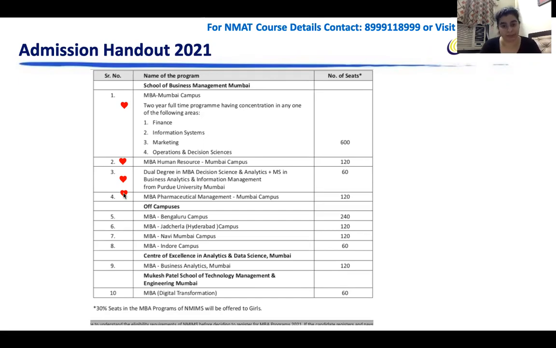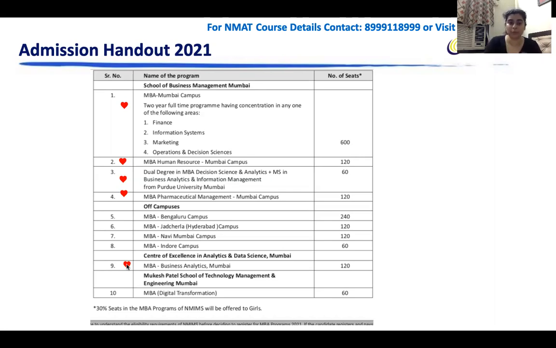Then your off campuses. Here you have your Bangalore, Hyderabad, Navi Mumbai, and Indore, the 4 PGDM program campuses. Now, the Mumbai campus also offers business analytics. That is now coming under a separate entity, a separate college called Center of Excellence in Analytics and Data Science Mumbai.